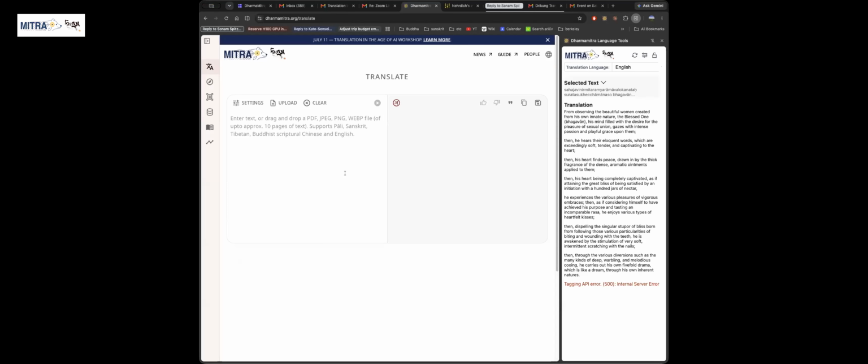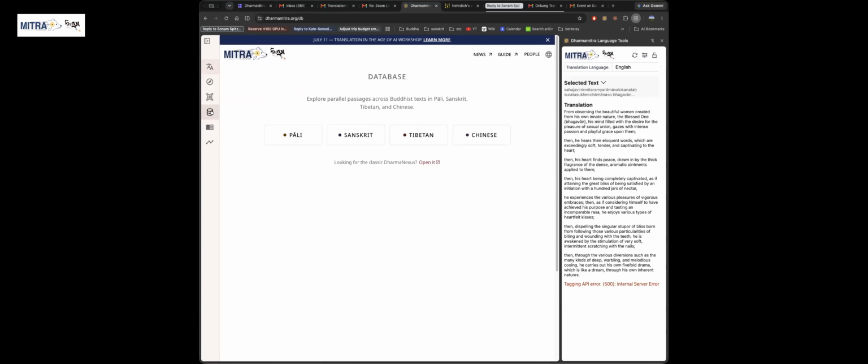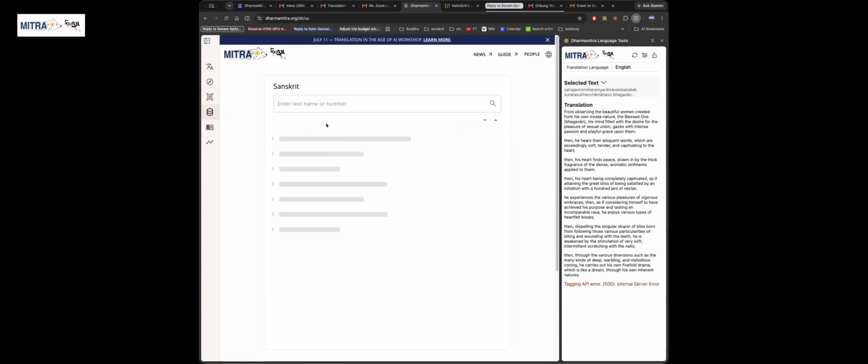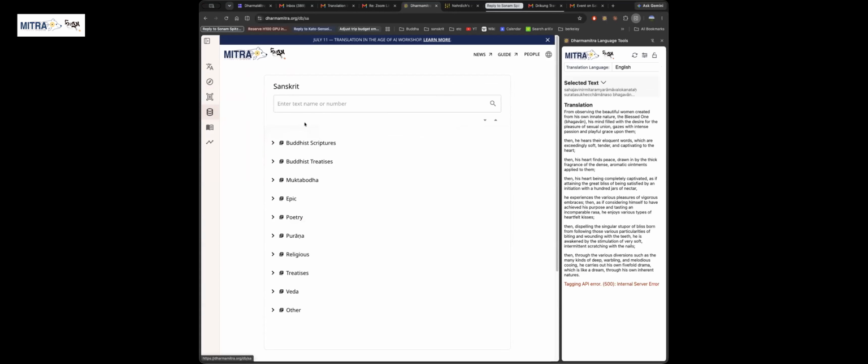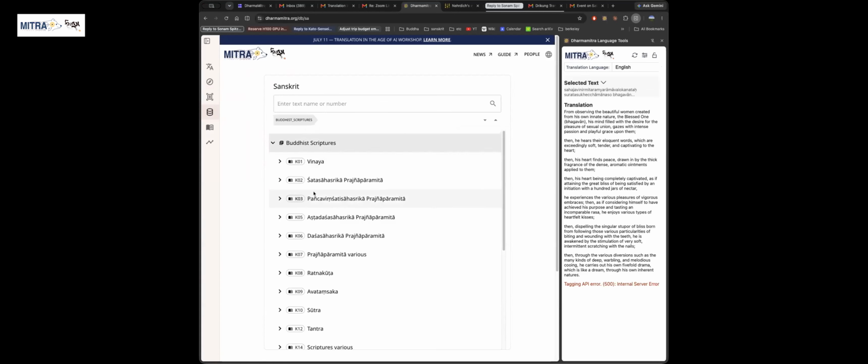So you should now be seeing the Dharmamitra here, and we have this database button here. With that button, you can go to the Sanskrit part and it will render the Sanskrit texts, and you can then access them here. So via the database, first set the language and then you can see this.